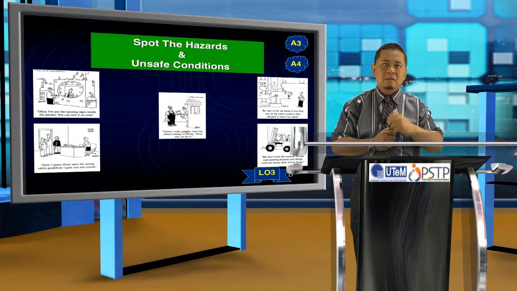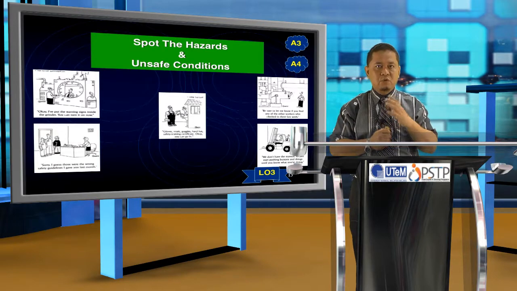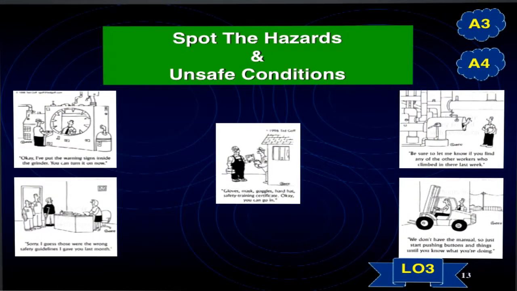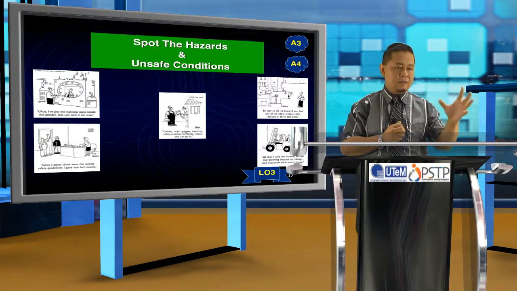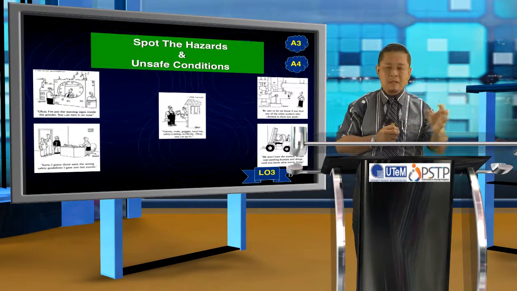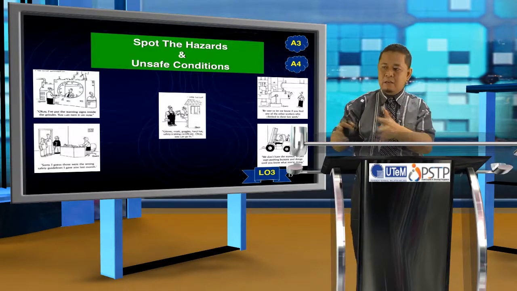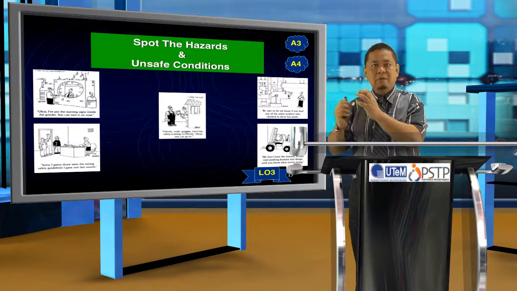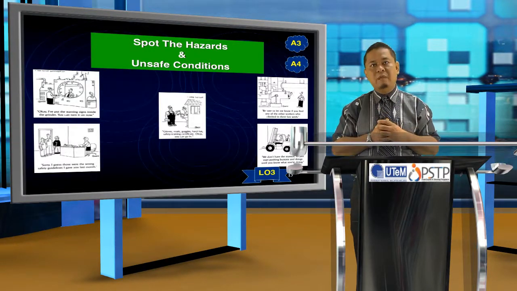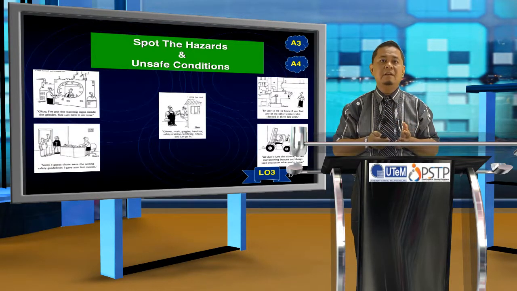And after this, I will show you some exercises. How can you spot the hazards? Either it is an unsafe condition or an unsafe act. I will discuss it in the tutorial session later on. So you'll be able to spot it. You can identify what the hazard is, and the potential hazard, for example a fire hazard, can potentially expose the risk. So how do you rate the risk? Is it acceptable or not acceptable? So from that, you will understand what the hazard is and also what the risk is.